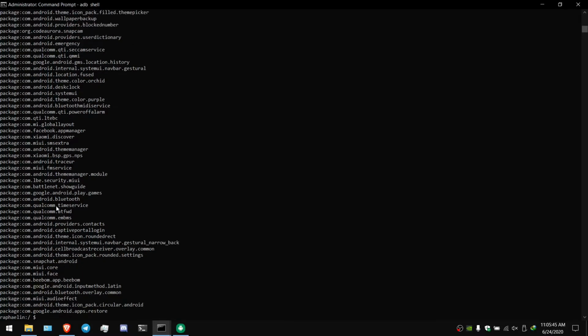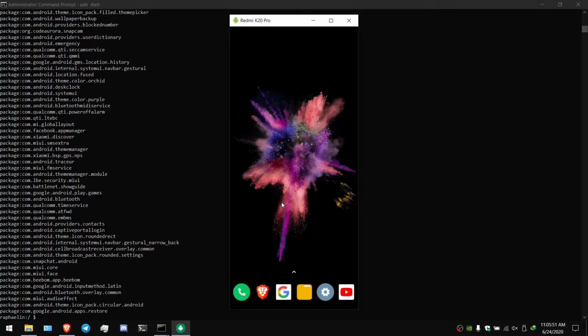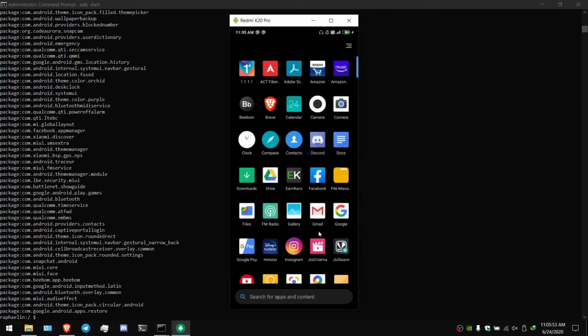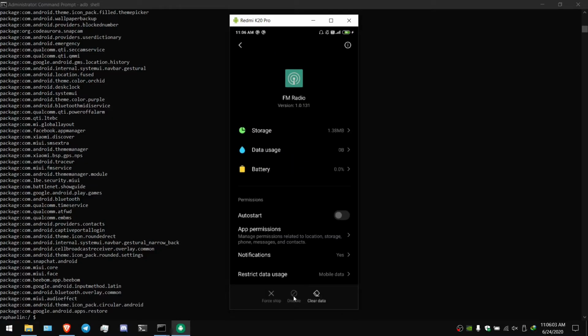If you want to remove MI apps, I will show. I already removed most of my apps. I don't have MI browser and Chrome also. I don't use FM, so I'm going to remove FM, and we can't disable it here.